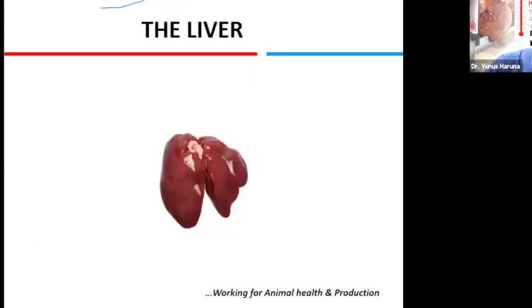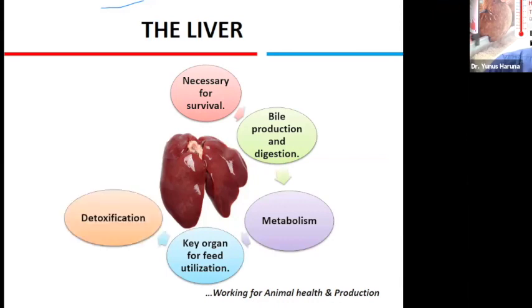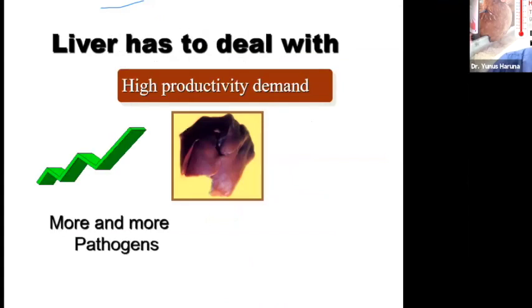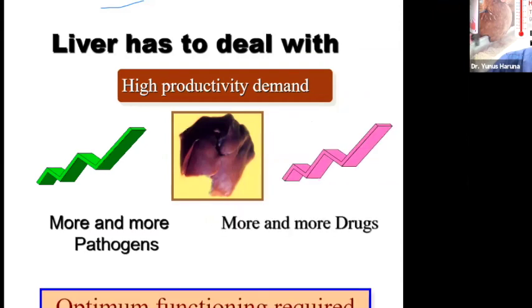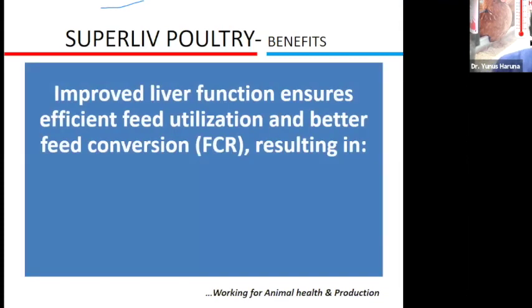Helps in enhancing the function and the capacity of the liver. The liver is very important for the birds. It does a lot in terms of digestion and even metabolism. So when you talk about productivity, it's determined by the liver. And when you talk about detoxification, it's also determined by the liver. So the liver has to be in good condition. So you need to give it all the support, and you can support the liver by giving it the super leaf to help in